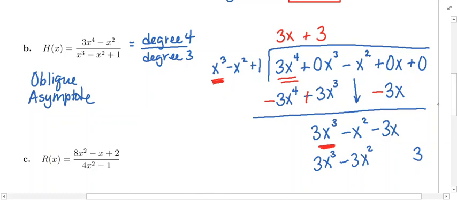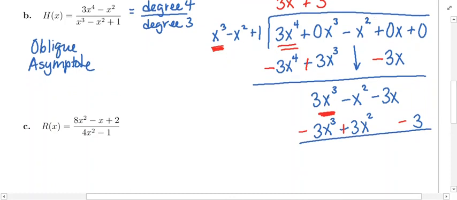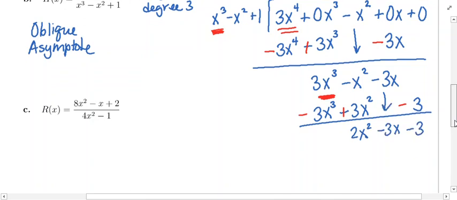Then you're supposed to subtract out this step, so you need to change the sign of everything. This will go negative, positive, negative. Then you add: 3x cubed minus 3x cubed is going to be 0. That will cancel. Negative x squared plus 3x squared is going to be 2x squared. You can bring down the negative 3x and the minus 3. And this looks really